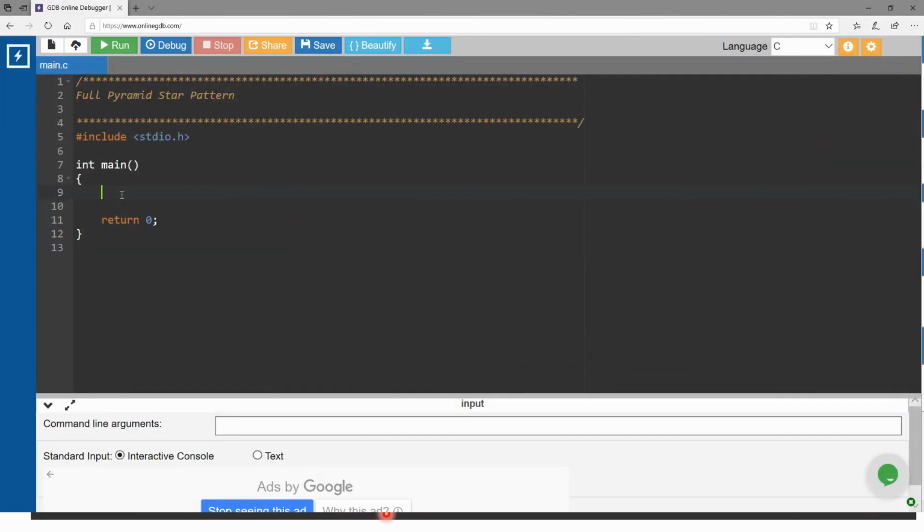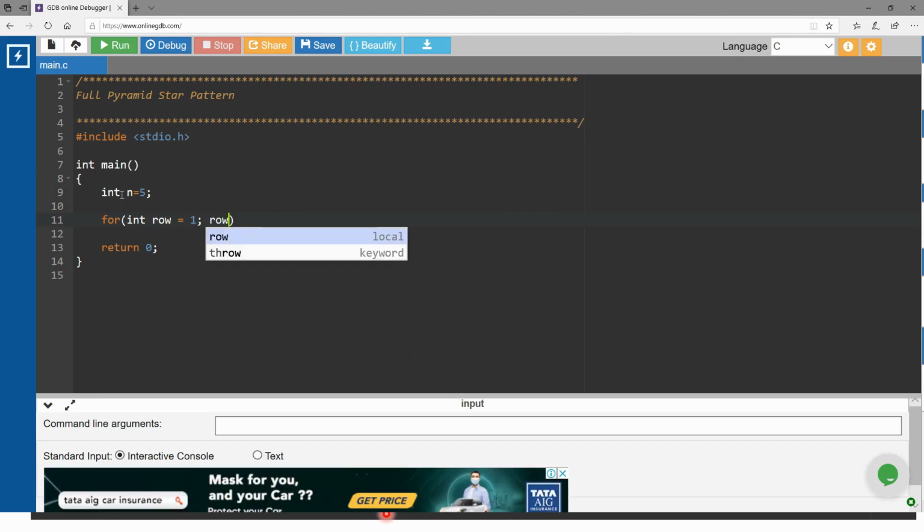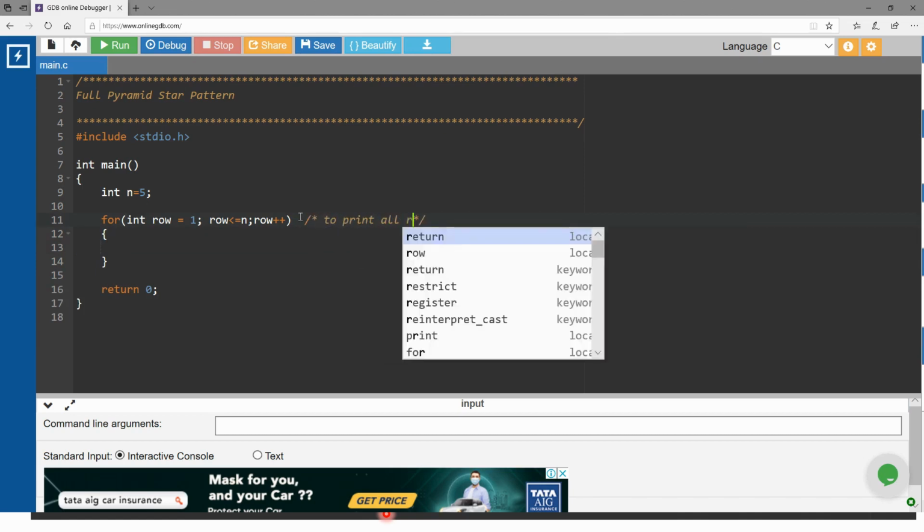Let's go and see an example. I am with online GDB, just taking int n, for now just take 5. Then for int row equal to 1, and row less than or equal to n, row plus plus. This is basically to print all rows.